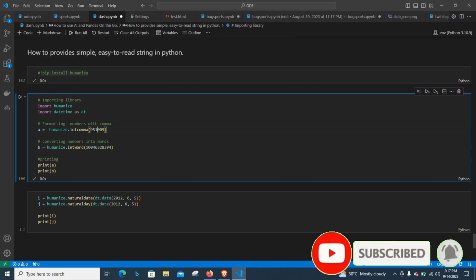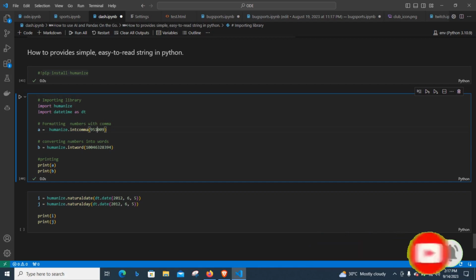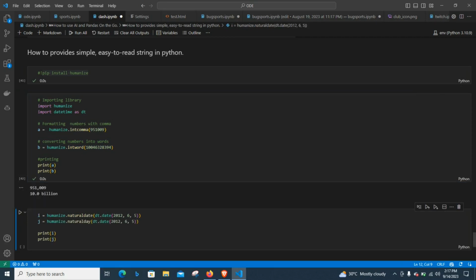Those are things we used to do when we were young. They say write this in words, and you can easily tell it to convert a number to words, and it's going to do it for you. Let's see this as an example so that we can see how it works. Okay, now we have commas added to the numbers. I cannot read this